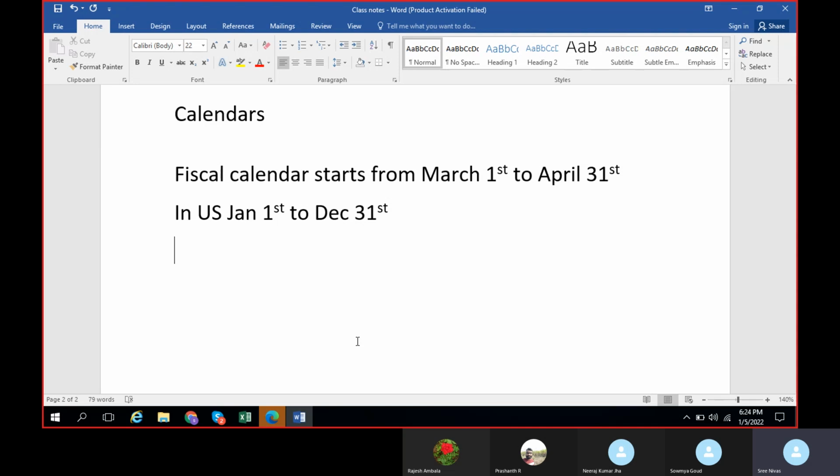In case you want to change the calendar from March 1st to April 31st, you can do that, or you can change the dates as well. Also, you can decide under each calendar how many years you are supposed to use it for the business, because under each calendar again we can create multiple calendars.